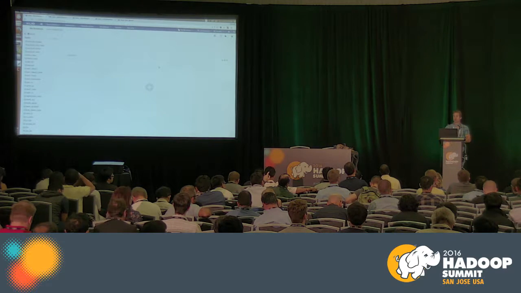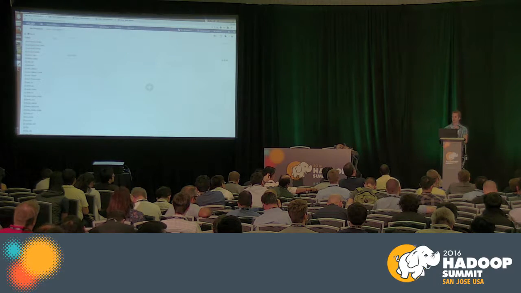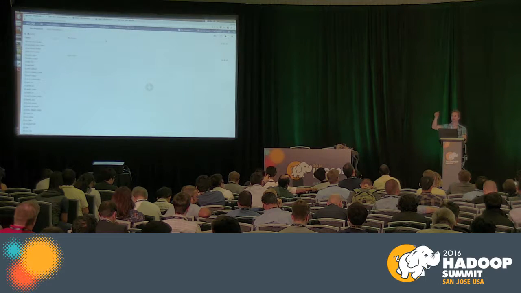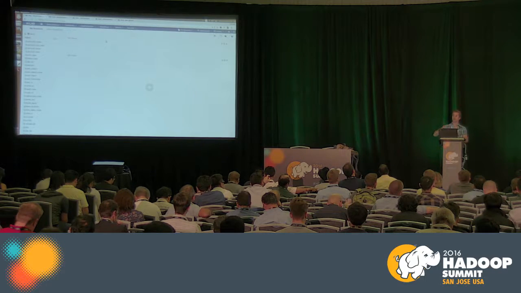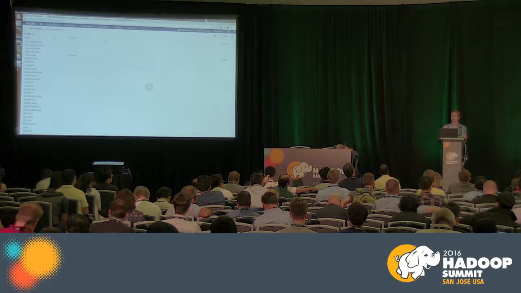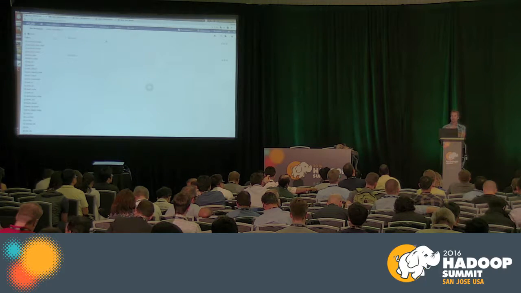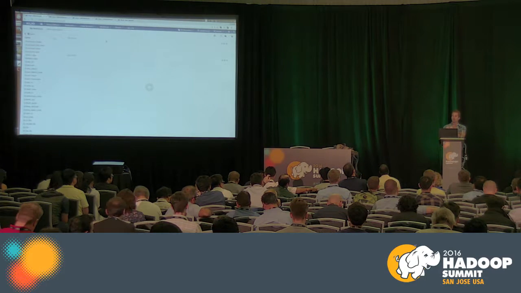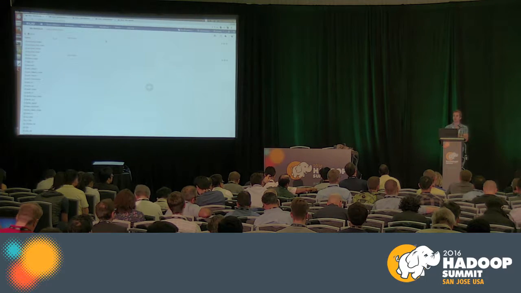So that's the next step. I showed in the scheduler, like the cron job, that I want to run this query every day. Hue is generating a workflow for you. For all the types where there is an Oozie action available, like Spark or Hive, Hue will generate the workflow for you. That's in the next Hue.